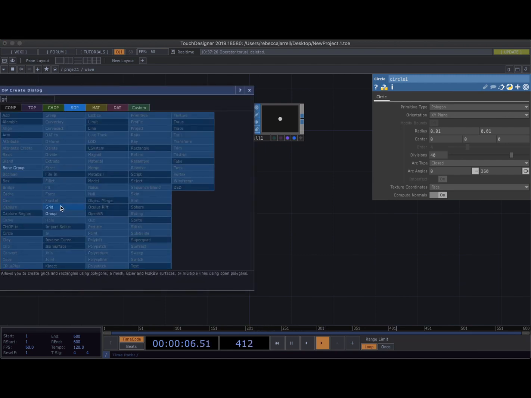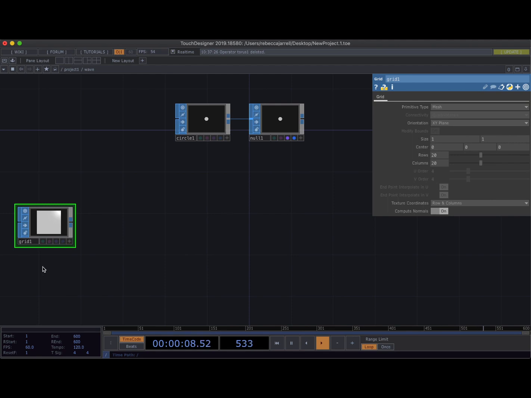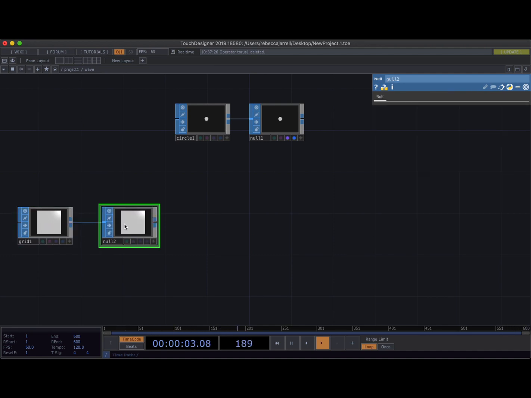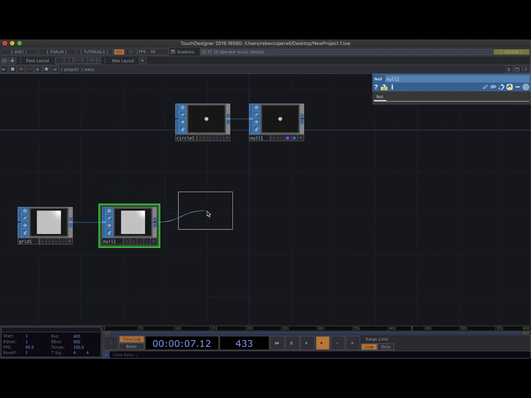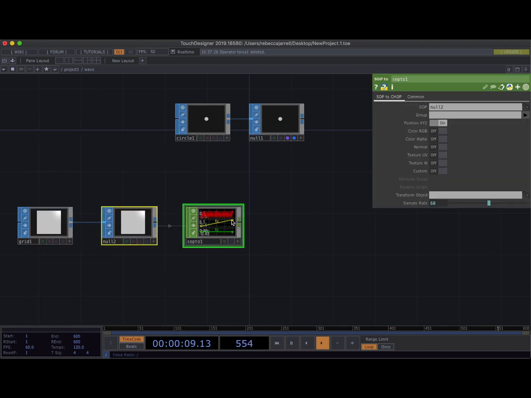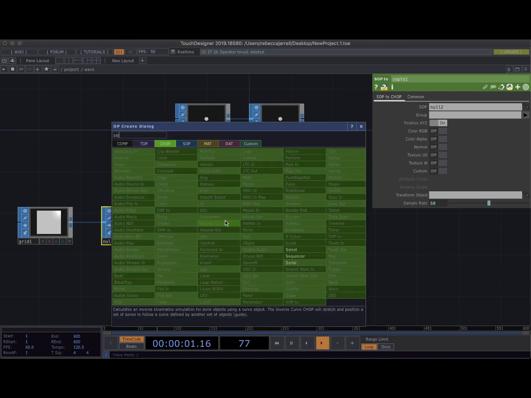You know what we have in TouchDesigner? A grid SOP. So I am not going to display or render it. I'm just going to use it to give me data on where to put these, right? So I'm going to come in here. First, of course, I'm converting from one operator type to another, so it's always really good to have a null. And then I'm going to come in here and do SOP to. Beautiful. And I'm actually going to also drop a select